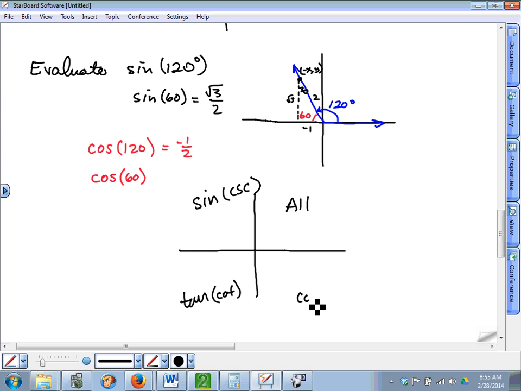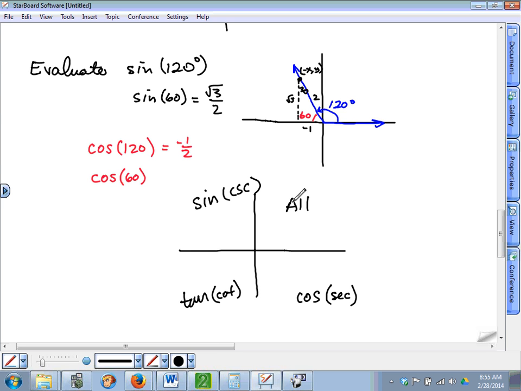And if you're in the fourth quadrant, the cosine is positive, and also the secant would be positive. We're going to get into the unit circle in chapter 5, but yeah, this has to do with the unit circle. Now, there's a little mnemonic, I think, that some of you might remember to help you keep track of